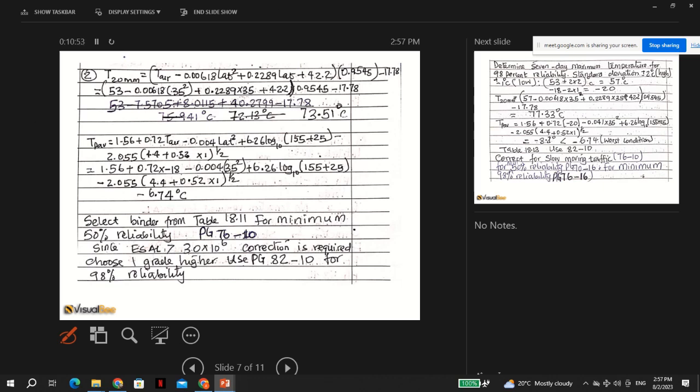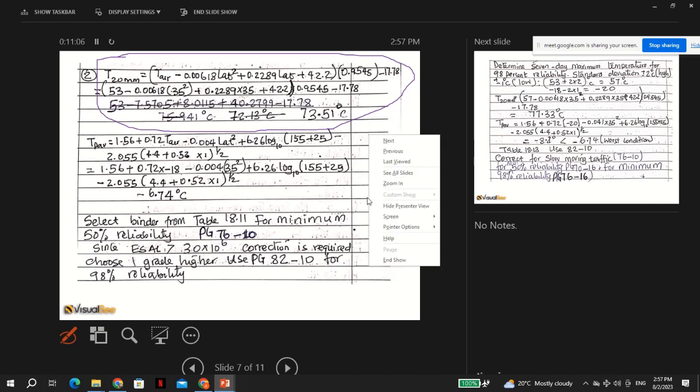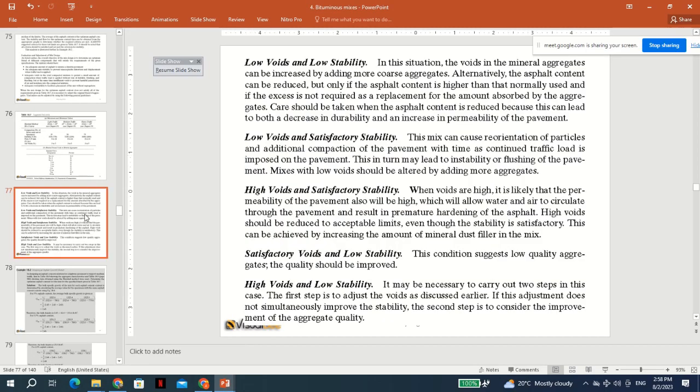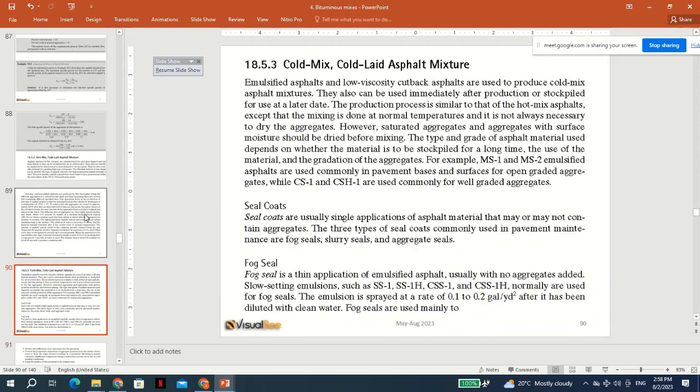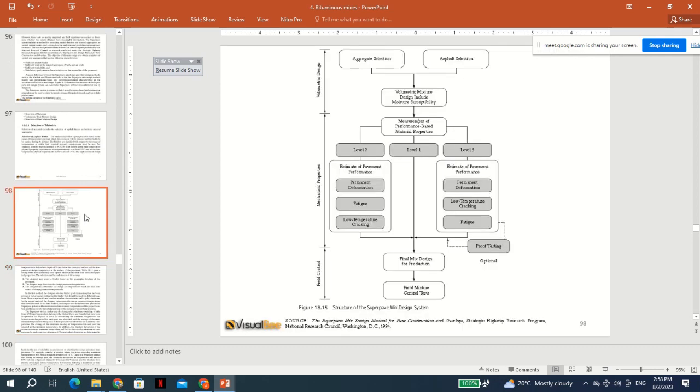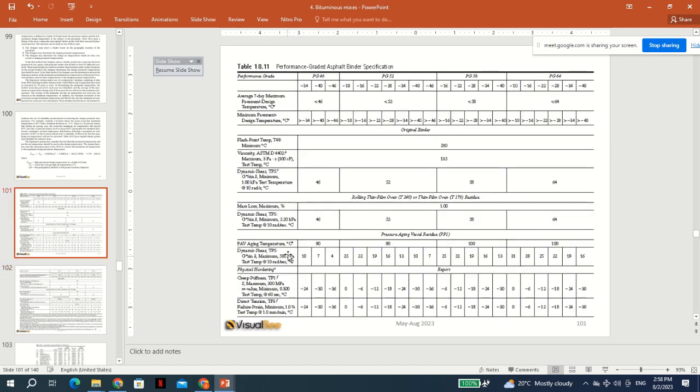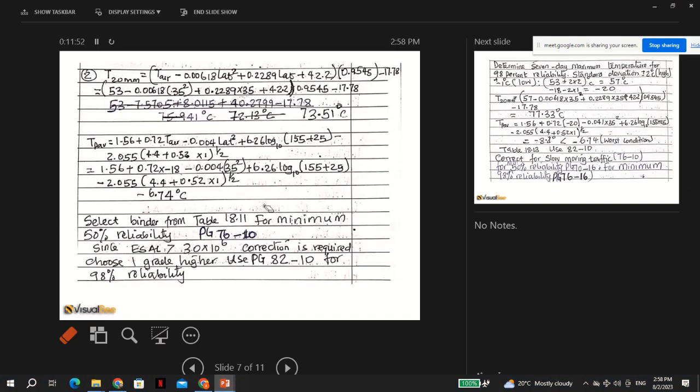Okay, so here nothing major, we are just using a table. So this formula, you know, how to get the T20. You just substitute in the formula. I'm getting a figure of 73.51. And then you get T pavement again. This formula is from the notes. I get negative 6.74, and then you just go to the table, 18.11. So these formulas, this is what you need. So 18.11, so 7610. So for 50% reliability,